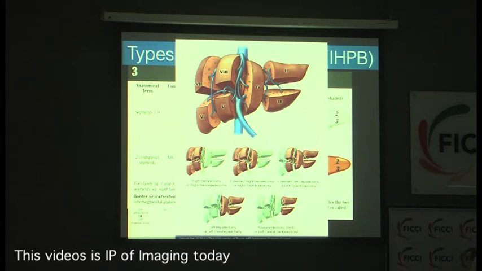A right hepatectomy, which means to the right of the MHV. An extended right hepatectomy, which means to the right of the LHV. Extended left hepatectomy, which means to the left of the RHV. And left hepatectomy and left segmentectomy, which we've already discussed. So basically use the MHV as a plane. To the right of the MHV is a right hepatectomy, to the left of the MHV is a left hepatectomy. If you use the RHV as a plane, then you either get an extended left or a right posterior sector remnant, or if you use the left hepatic vein, then you get a left lateral segment.